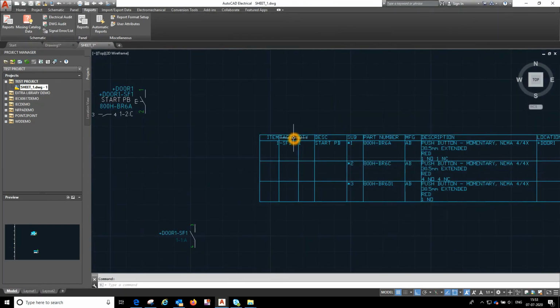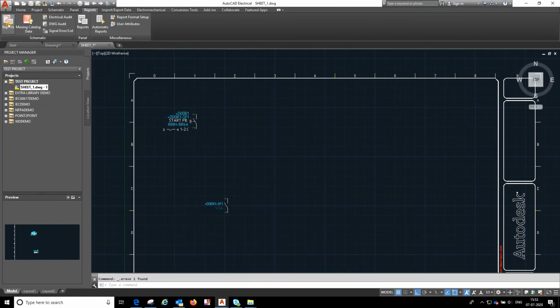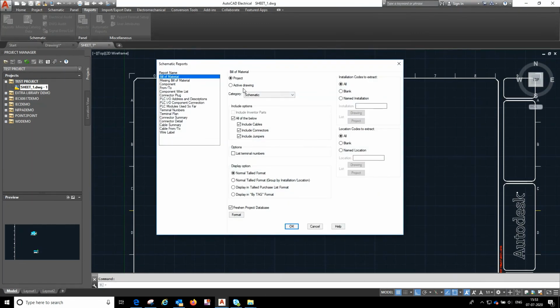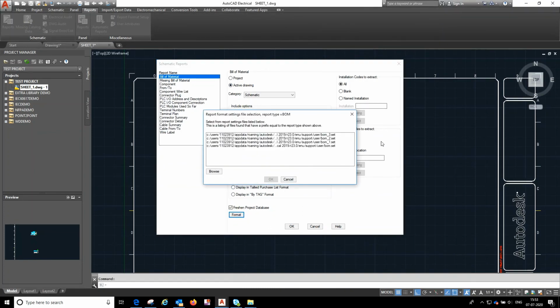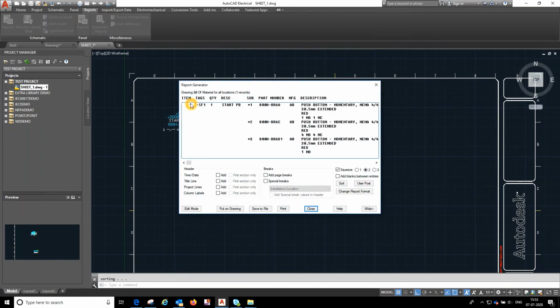So here I will delete this BOM. Again I'm going to generate the BOM. I will show how to get the format. Just now we have saved the format BM underscore 3. I'll take that and hit OK. Again hit OK, and this is how the format looks like. See, you need not change anything here. If you want to change, again you can save the format. This is the save format.